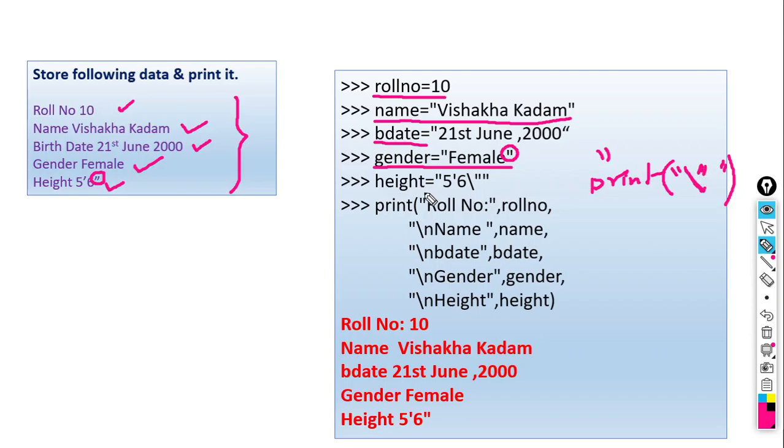So this time you only remember this thing, how we can give a quotation mark in a print statement, or how we can store a quotation mark in the string. How can we store it? By using backslash and quotation mark. So how can we store height here? Height is equal to quotation mark 5 feet 6 inch. 6 inch means a quotation mark.